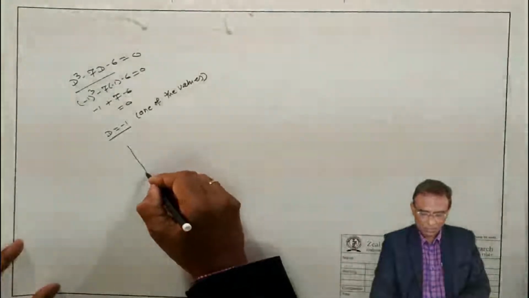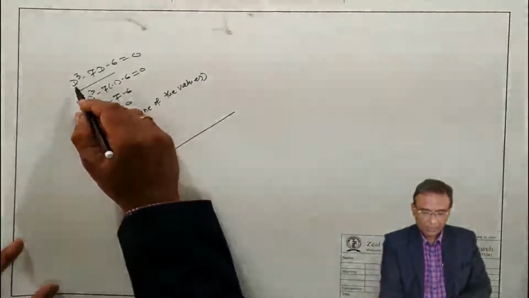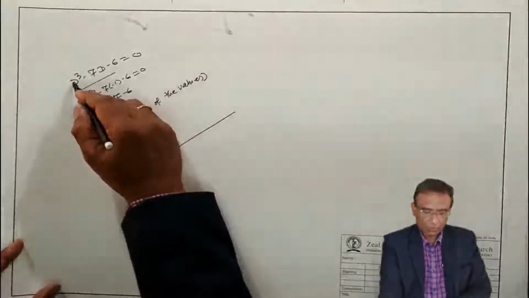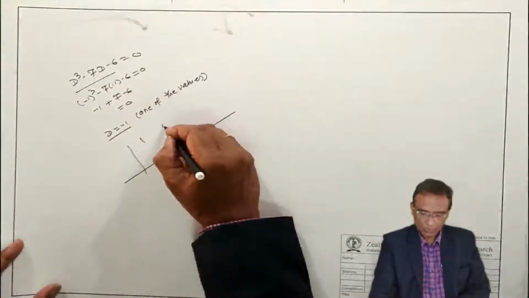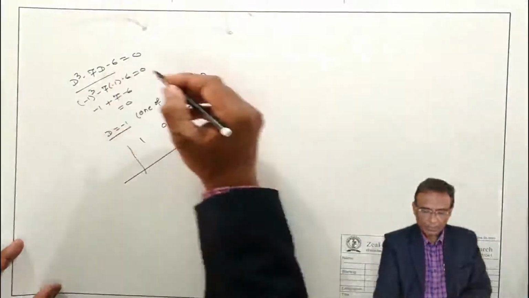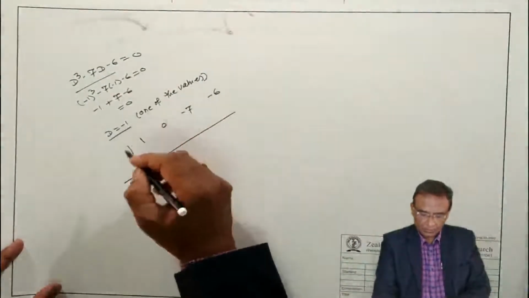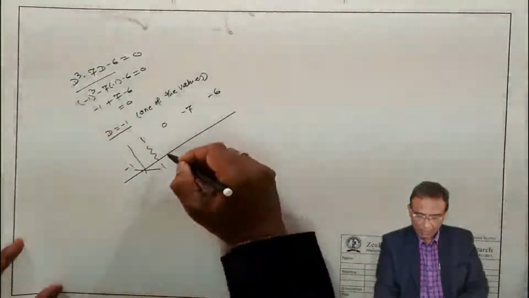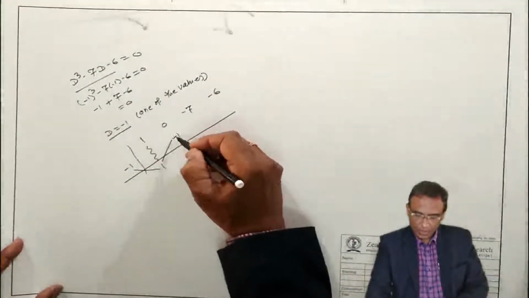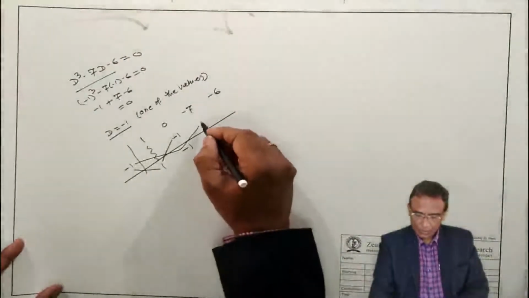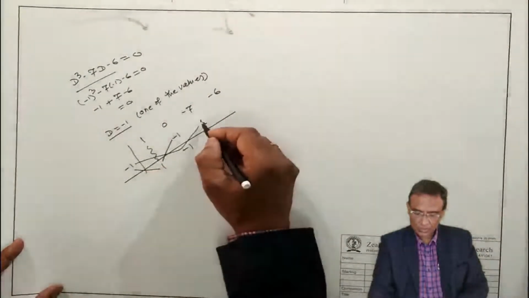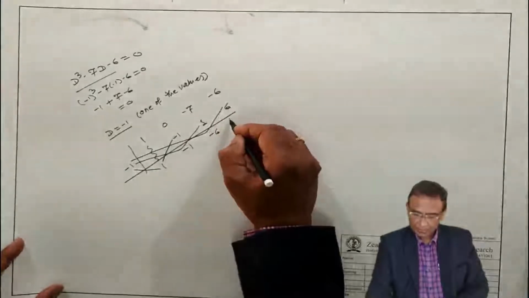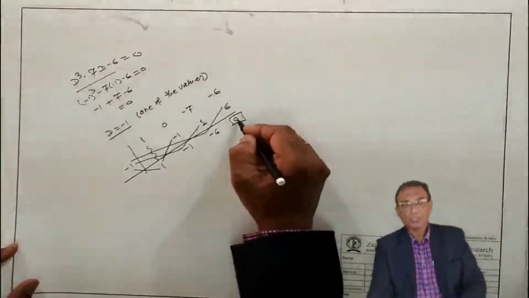This you can do in the calculator; it is not necessary here. Now the synthetic division method. Here the highest power is D, the degree is 3, so there must be 4 coefficients: the coefficient of D cube, coefficient of D square, coefficient of D and the constant. The first value of D is minus 1. We carry the first coefficient down as it is, then multiply and write the product here. Addition of these two, again the product of these two: minus 1 into minus 1 is 1, then minus 6, addition of these two, and the product of these two is 6. The last term I must get is 0 because this is the remainder.